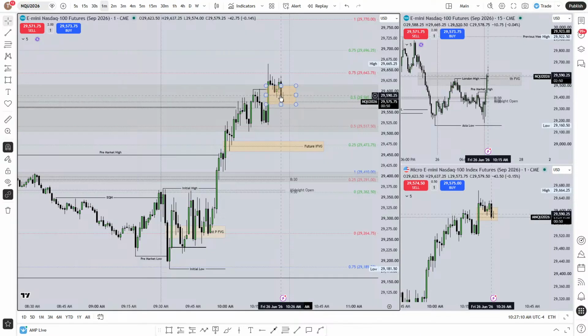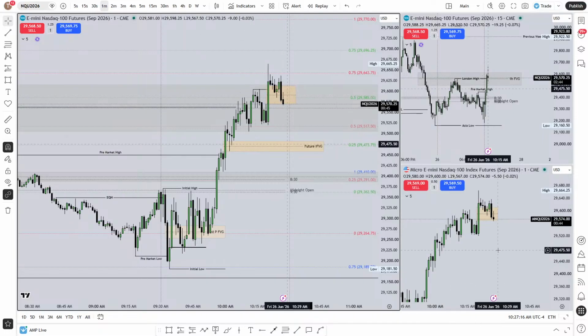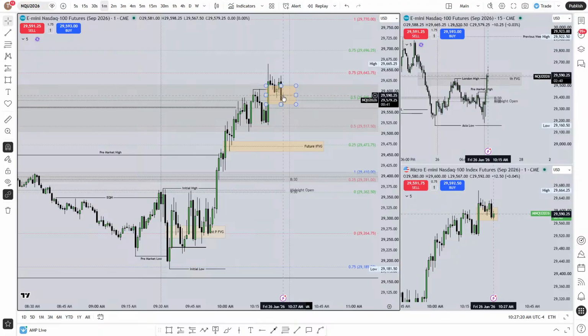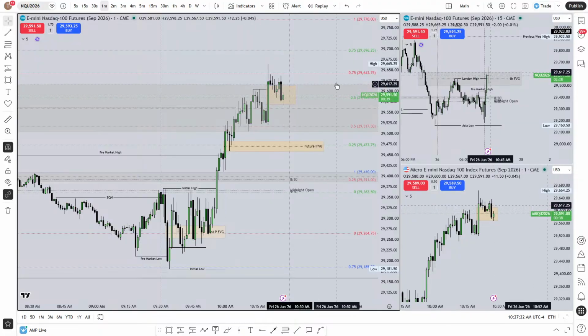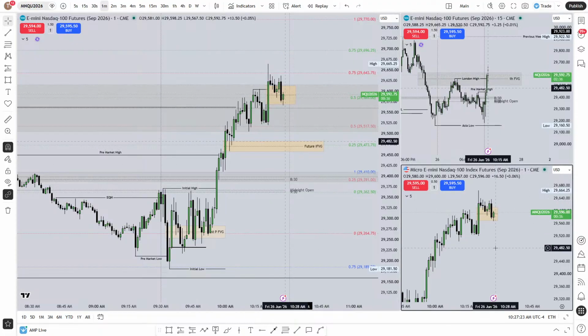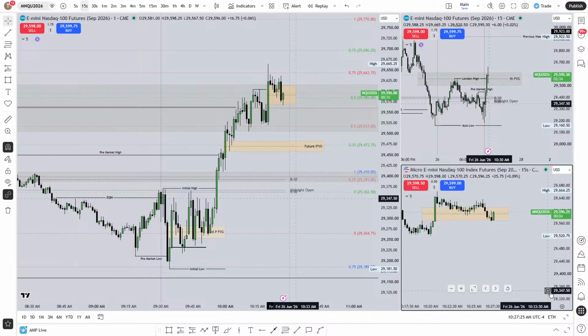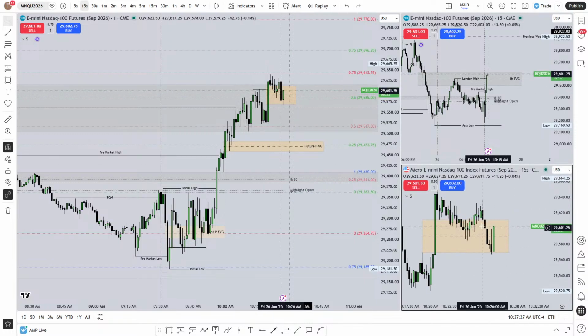I like the closure below midpoint right there. We've got some SIBIs on the 15-second time frame starting to show and be respected. I want to see that continue to show. Here, I'll go to a 15-second on the bottom right-hand screen right here. That's what I'm looking at. These are relatively equal again, so